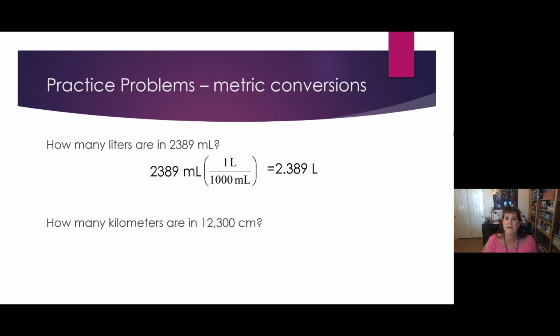Let's pay attention to sig figs because we're multiplying, so it depends on sig figs. 2,389 has 4 sig figs. 1 liter over 1,000 milliliters is exact. Remember in chapter 2 when we talked about exact numbers being definitions? So there's exactly 1,000 milliliters in a liter. That's exact. Exact numbers do not count for sig figs. So you don't say that's 1 sig fig. It's actually an infinite number of sig figs because it's exact. It's 1.0000 infinity liters over 1,000.0000 infinity milliliters. So there's actually a lot of sig figs.